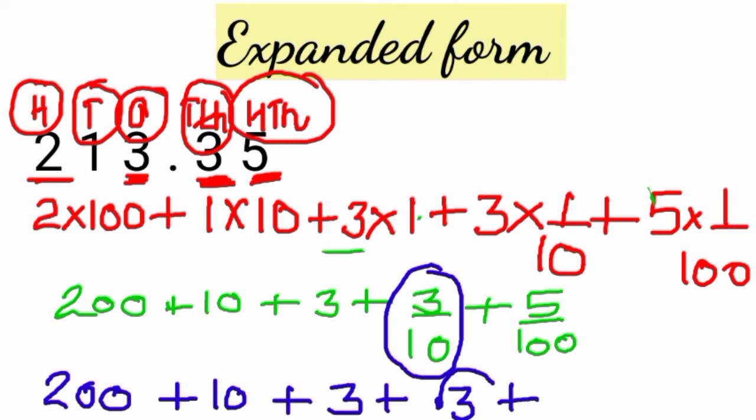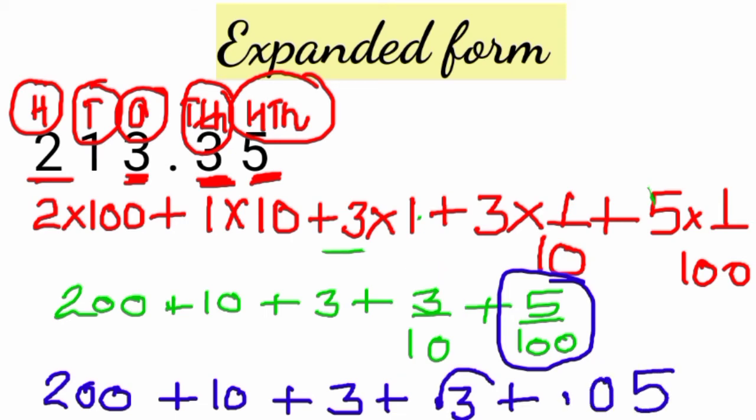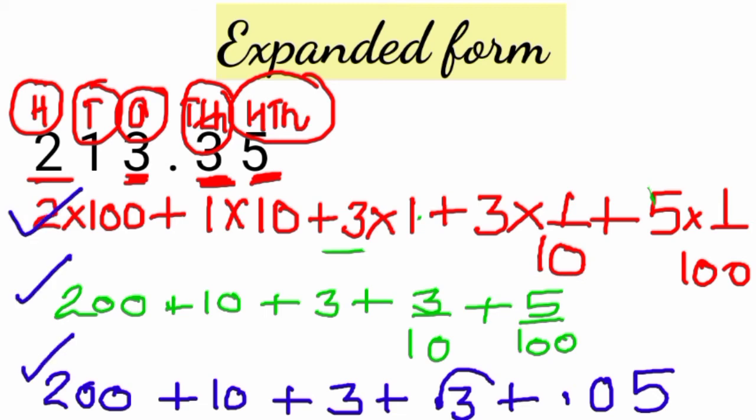This becomes 0.3 plus in this 5, in this number 5 upon 100, in denominator you have 2 zeros, so put decimal before 2 digits. So this can be written as 0.05. Clear? So in expanded form you can write in any form out of these three. Clear? Let's take one more number,